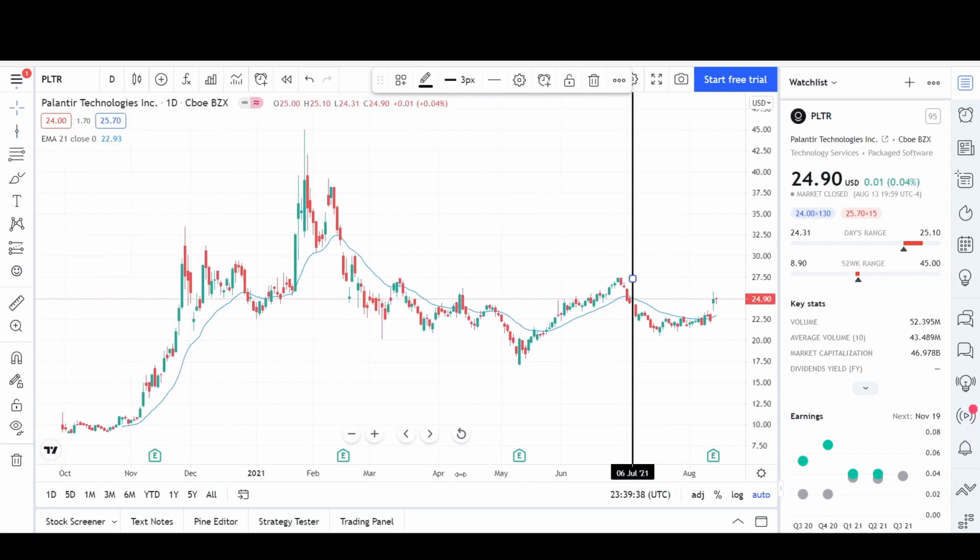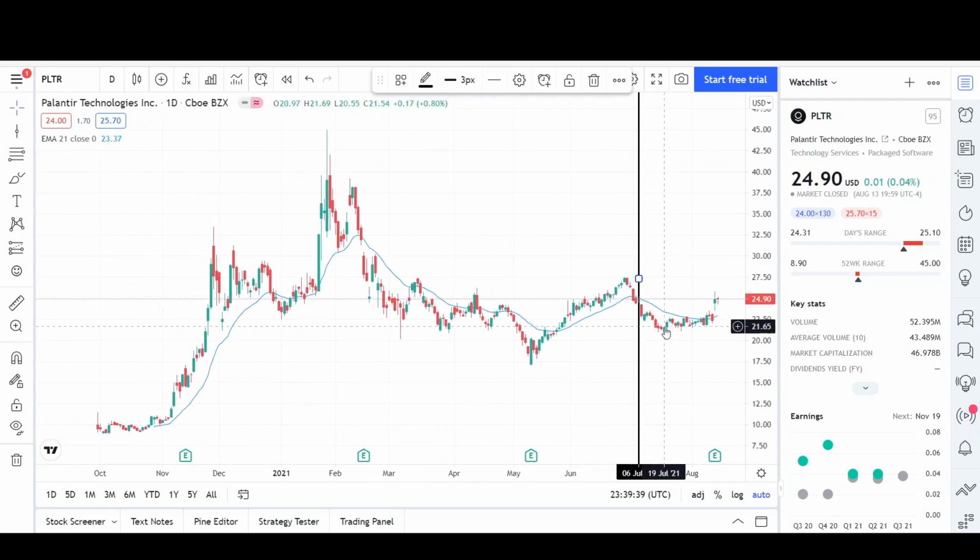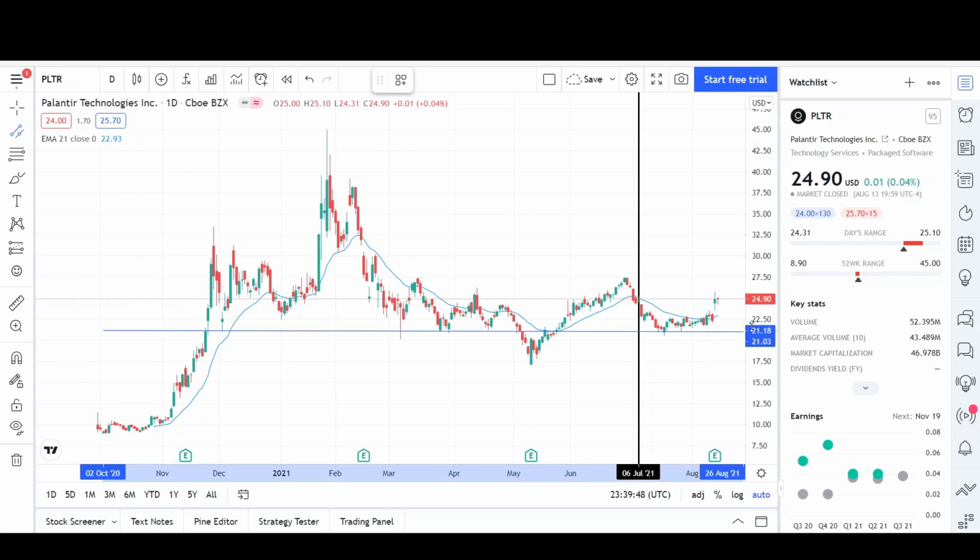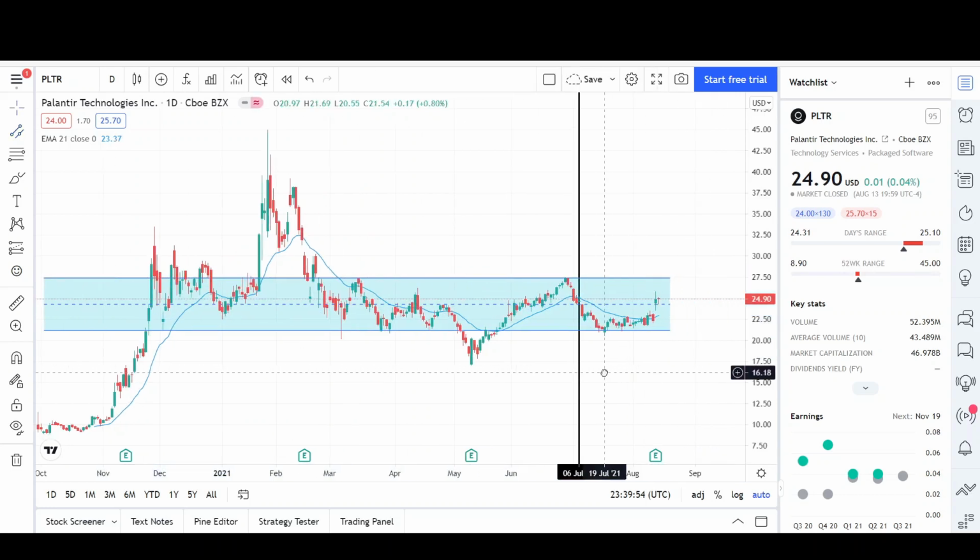And then I said in my prior analysis that Palantir was going to go to the lows of the range, because that's what price action does when it's inside of a range. It goes from the lows to the highs, or the highs to the lows, and these are the lows right here of the range, and these are the highs of the range. So this $21 level is the lows, and this $27 level is the highs, and that's what happened. So we came off the highs and we went to the lows,